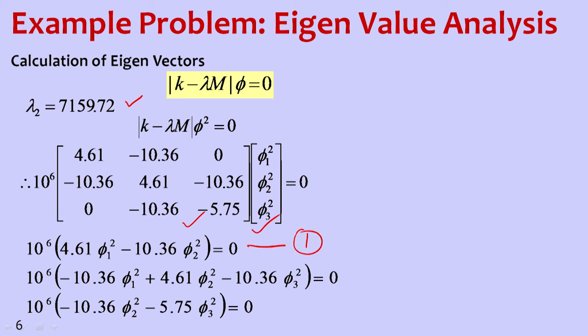So by substituting lambda 2, I will get this 2 matrix, and again multiplying this 2 matrix with each other, I will get equation number 1, equation number 2, equation number 3, again with the 3 unknowns of 521, 522 and 523. The way we assumed the value of 513, here also we will assume the value of 523 as 1. Now rewriting equation number 3,